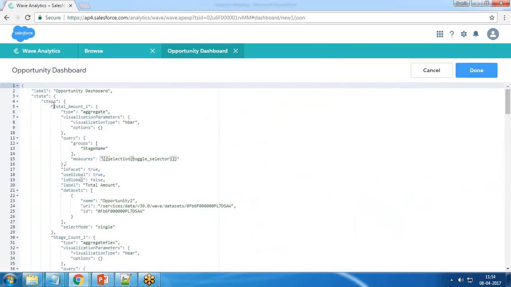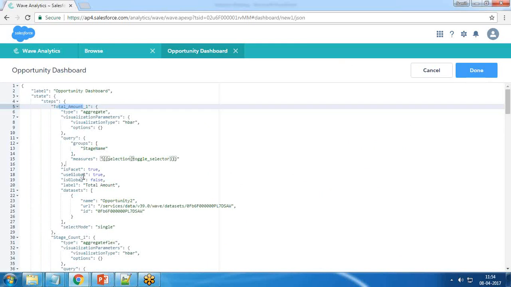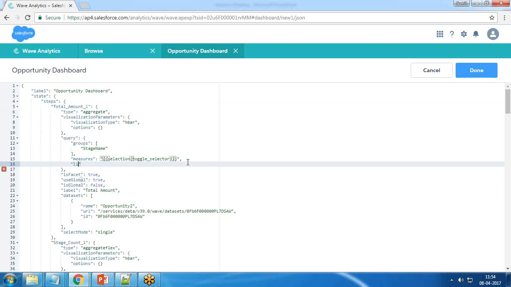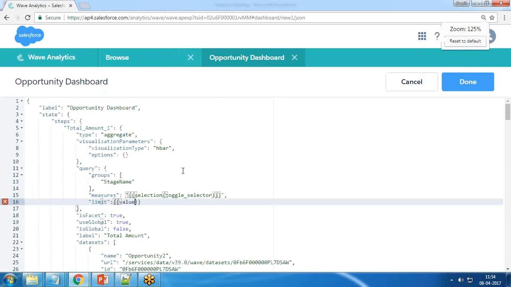So again, I get back to the total amount step, and in this total amount step, we need to add one limit. So to add a limit into this total underscore amount underscore 1, after this measure, I add one more property set as limit, and the limit would be the value. Limit is, we will be getting the value. So limit is value